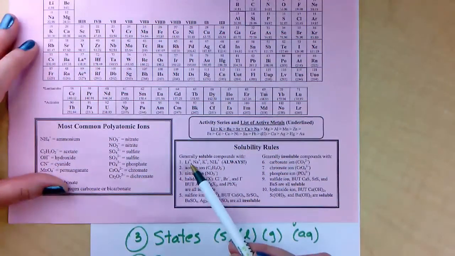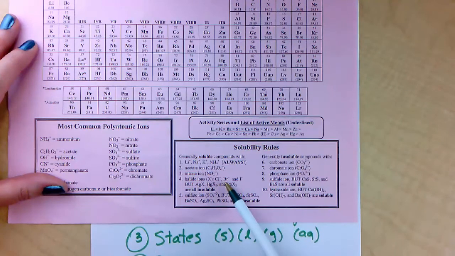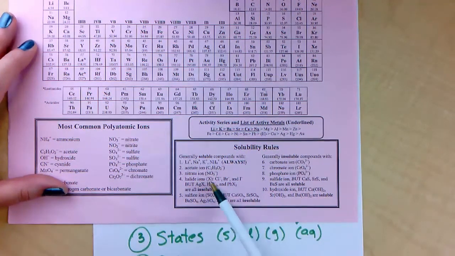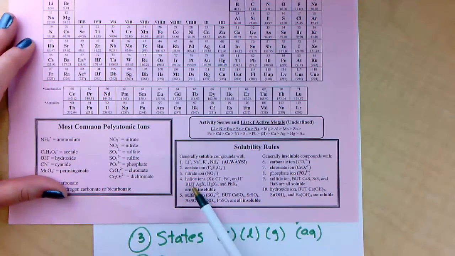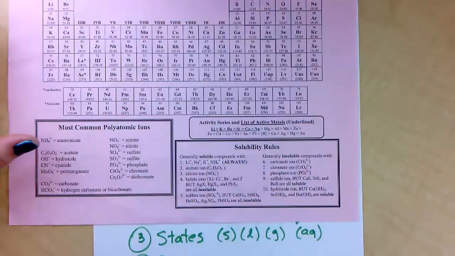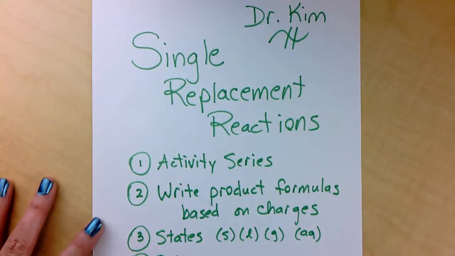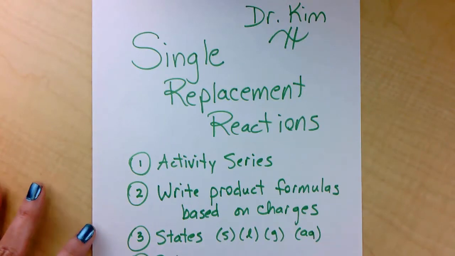So rule number 1 doesn't have aluminum or bromine. Rule number 2 and 3 doesn't either, but rule number 4 has Br. So that's the rule we stick with. We don't have to keep going to find aluminum. You go with the rule you come to first. So Br is first, Br is the rule. And we see that it's on the soluble side and it's not one of the buts. So aluminum bromide would be soluble. So you determine the states of your product, solid, liquid, gas, or aqueous.